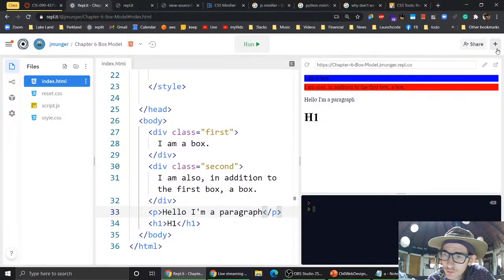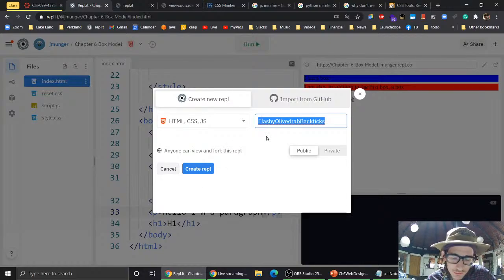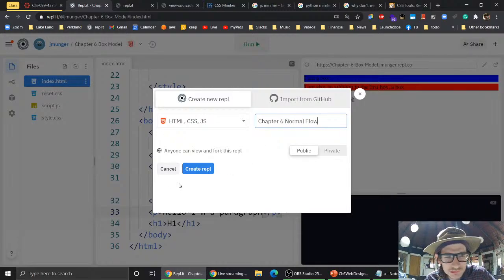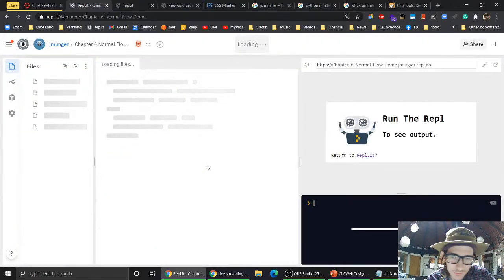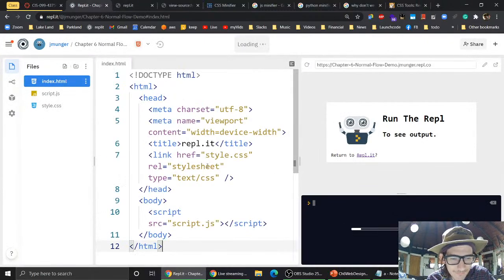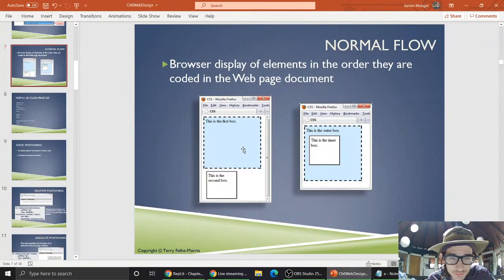So we'll create a new Replit from scratch. We'll start from scratch here. We'll call it Chapter 6 Normal Flow Demo. All right. So let's try to create this first part. A blue box,